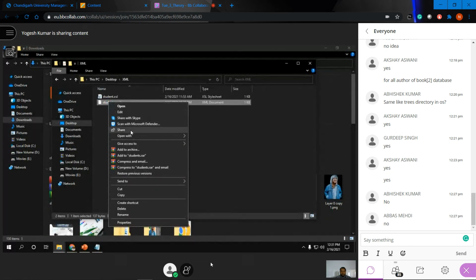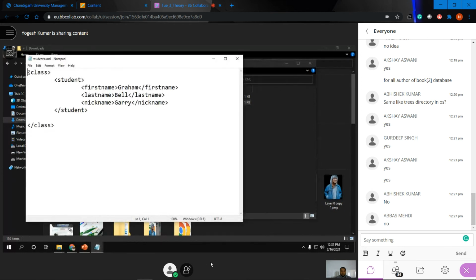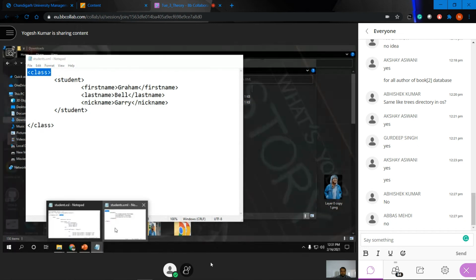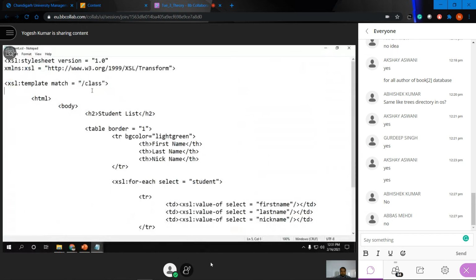So you can check what I have within this. So we have the class tag over here. So you can use this here. And this is your root tag. You can define match equal to your root tag /root.